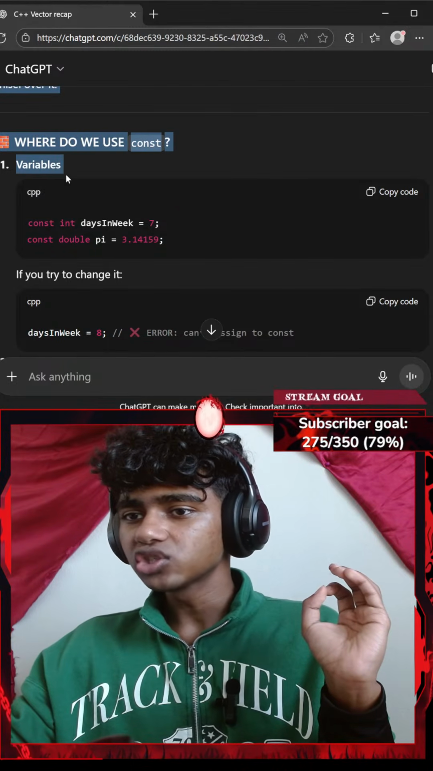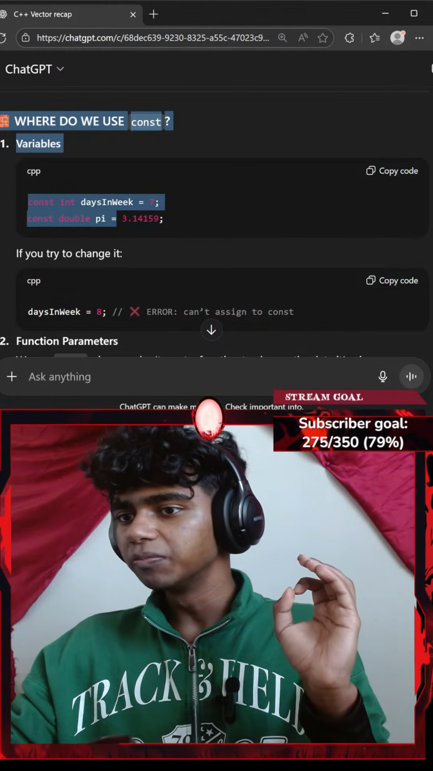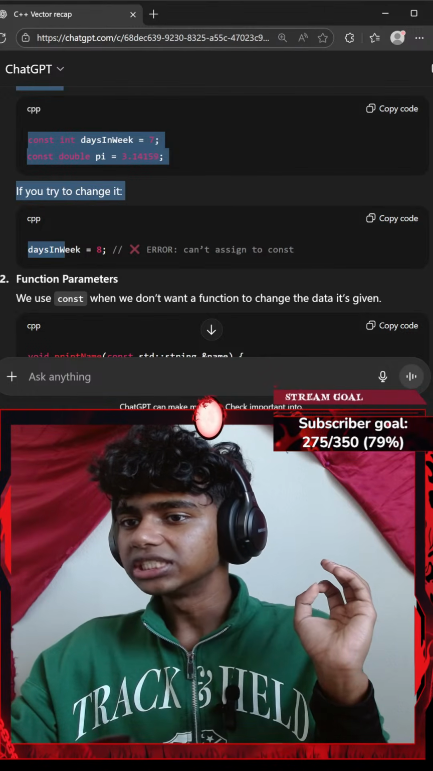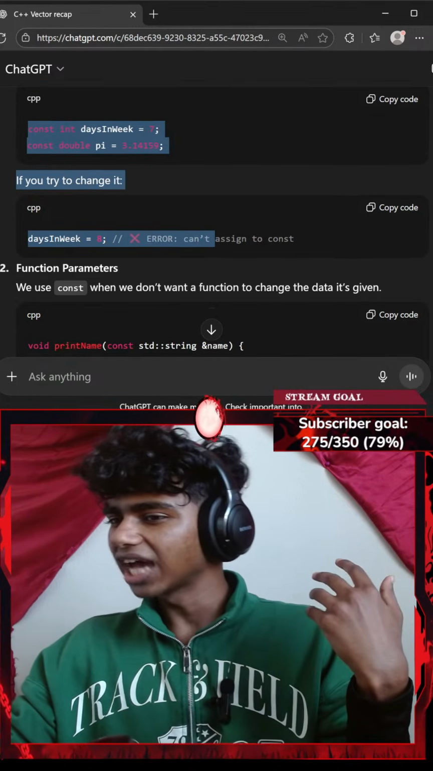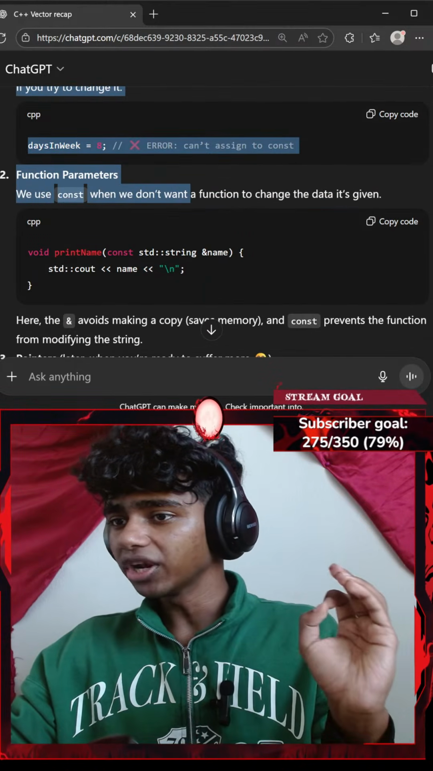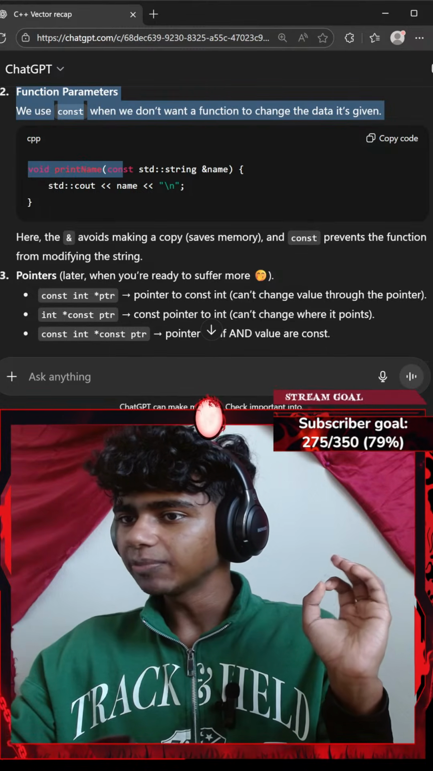Where do we use const? Variables: const int day_in_week = 7, const double pi. Okay, I think I see what it means. If you try to change it, day_in_week = 8, error: can't assign to const. Function parameters: we use const when we don't want a function to change the data it's given, okay? void print_name(const